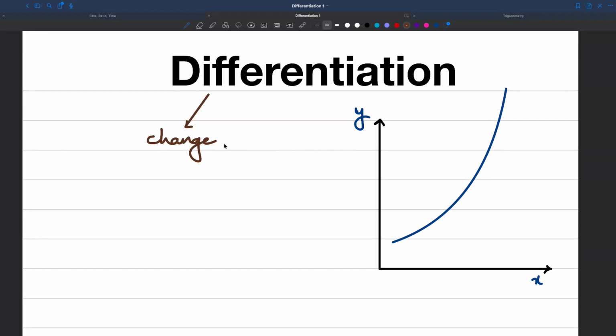Distance upon time is also a derivative of speed, because distance divided by time is speed. So when we are studying change in anything, basically this is what differentiation exactly is. That's the first thing, okay? Now,